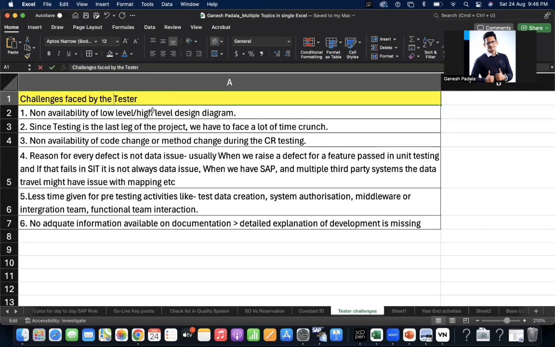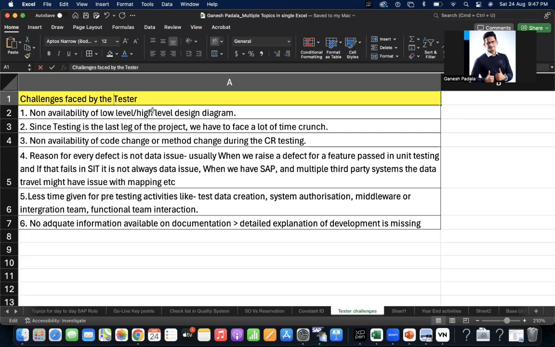like how we are going to face the issues, what kind of issues will come for a tester. Those are the things we are going to discuss today. A dedicated tester means, in some big projects, they keep a separate testing team, in SAP also. The configuration team or development team will complete and hand over to that team for testing. They perform regression testing and system integration testing, and UAT, as usual, the business people are going to do.